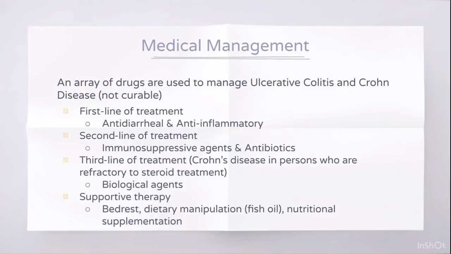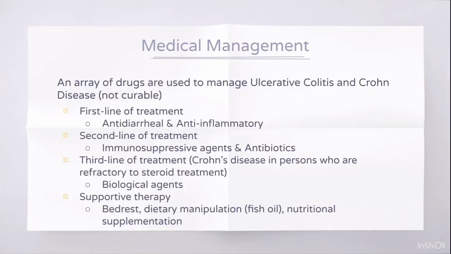As for medical management, there is an array of drugs that are used to manage ulcerative colitis and Crohn's disease, but it is not curable. The first line of treatment would be antidiarrheal and anti-inflammatory. The second line of treatment would be immunosuppressive agents and antibiotics. The third line of treatment, for a Crohn's disease person who is refractory to steroid treatment, would be biological agents. There is also supportive therapy used to manage these conditions, which is bed rest, dietary manipulation using fish oil,